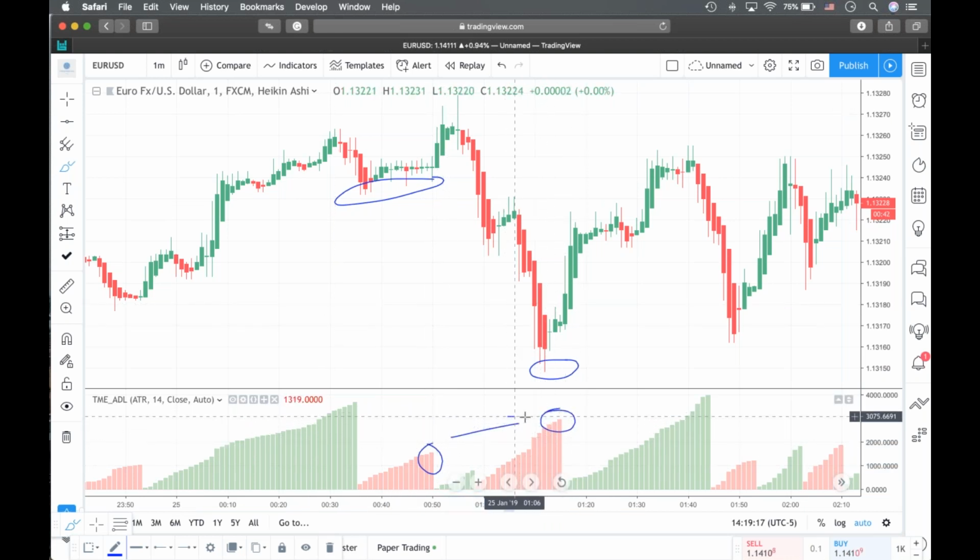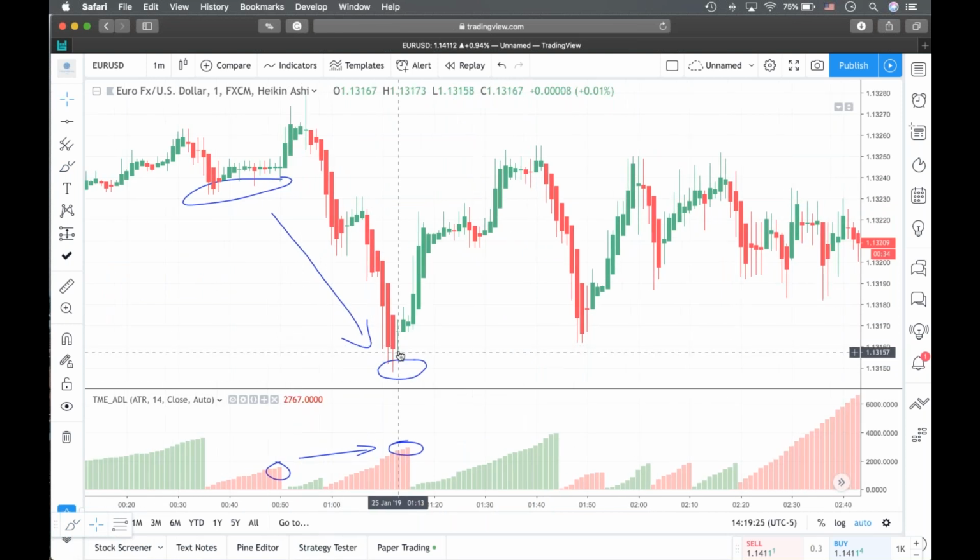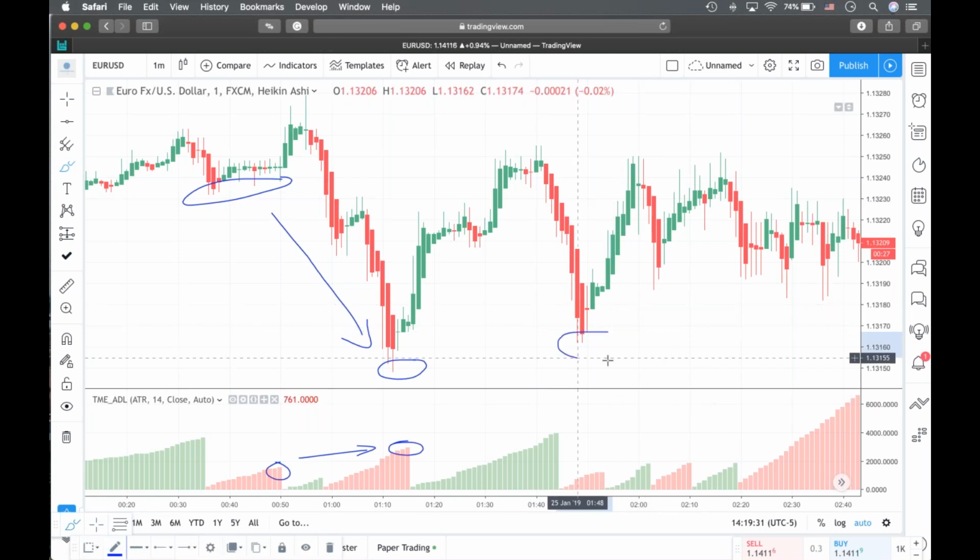So the oscillator goes up, the chart goes down, then we have a bullish divergence this time. So all we need to wait for is another retracement towards this area, okay, which happened here,